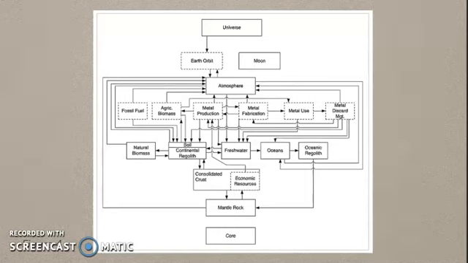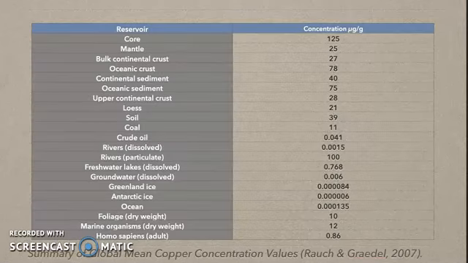This image serves as a model for the geological circulation and anthropogenic use of copper, from an article titled Earth's Anthropobiogeochemical Copper Cycle from Rausch and Gradle, 2007. Natural reserves of copper include the Earth's core, mantle, crust, biomass, freshwater sources such as glaciers, permafrost groundwater, lakes and rivers, ocean water, and the atmosphere. This chart provides perspective into where the highest concentrations of copper can be found.